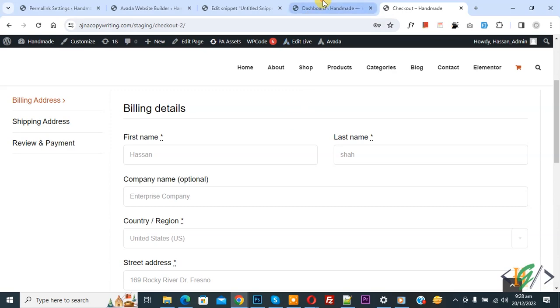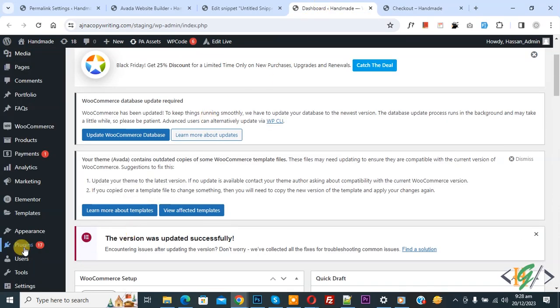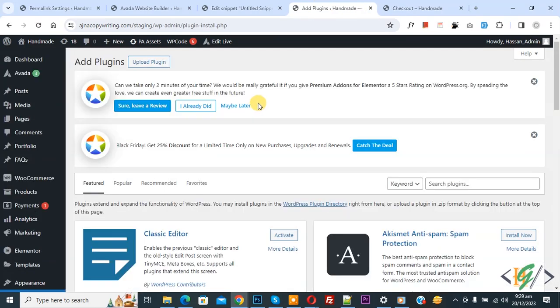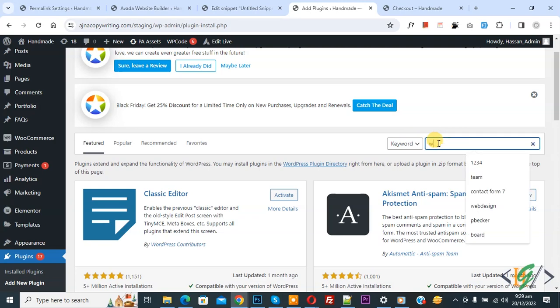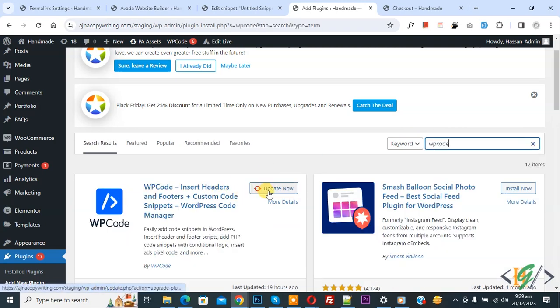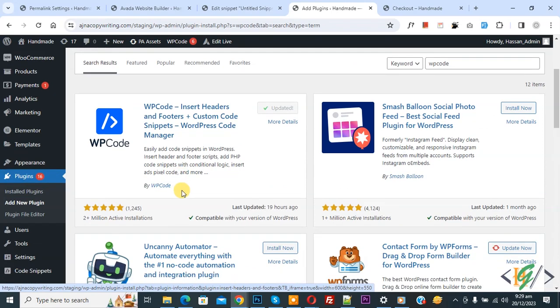Now go to the dashboard. On the left side you see Plugins, so click on Add New Plugin. Then in the search plugin box, write WPCode. So this is the plugin WPCode, Insert Headers and Footers, which we will use. Install this plugin and activate it, and after activation on the left side you see Code Snippets, then